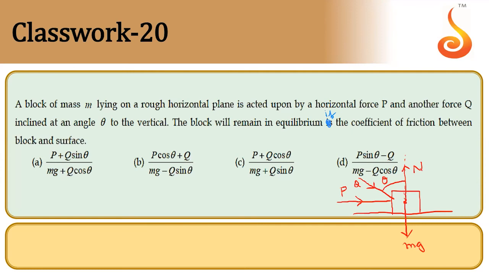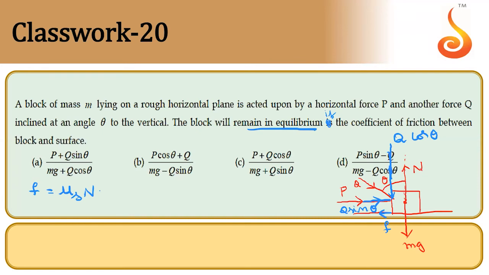See, apart from these two, there is a component of Q in this direction. This will be Q cos theta. I'll write here. And this way it will be Q sin theta. Notice one thing here, theta is measured with respect to the vertical. That's why cos theta, sin theta get interchanged, right? So of course, frictional force should be this way. So frictional force is what? Mu s into N. If the block is in equilibrium, it is static friction only, right?